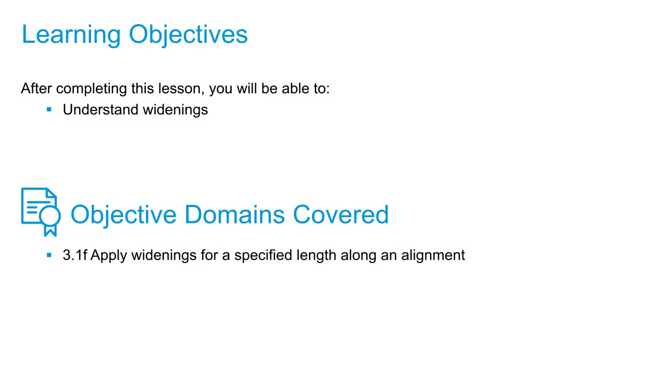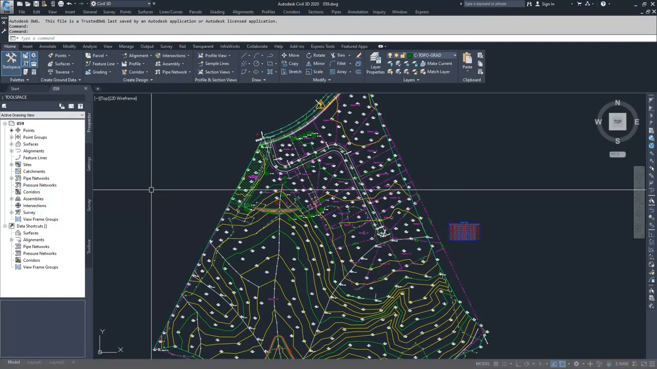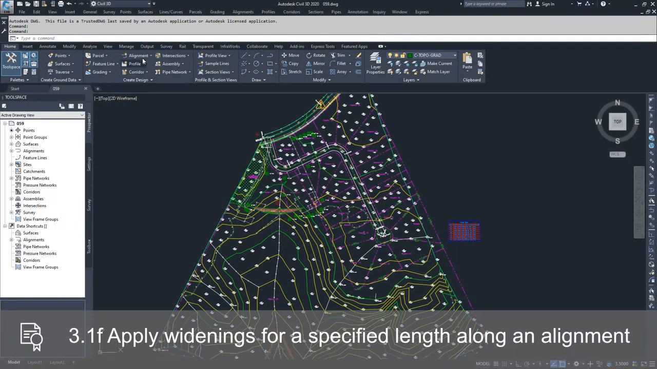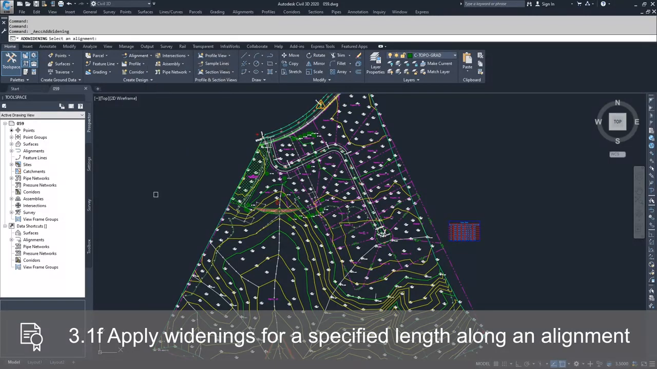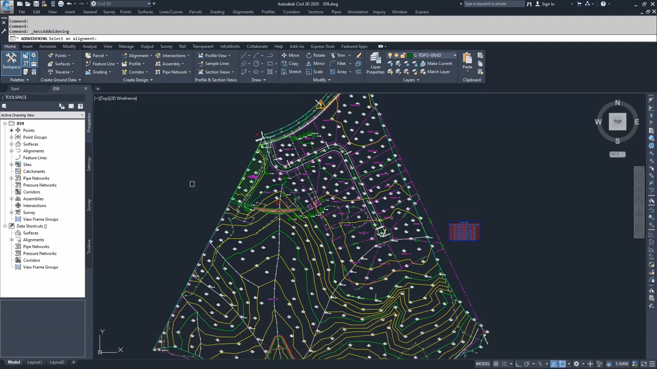In this video, we're going to discuss and create widenings for our offsets. So in order to start creating widenings for our offsets, we're going to navigate up to the Home tab of the ribbon bar, and we're going to drop down our alignments drop down and select Create Widening. When we select Create Widening, Civil 3D is going to ask us to select an alignment that we want to